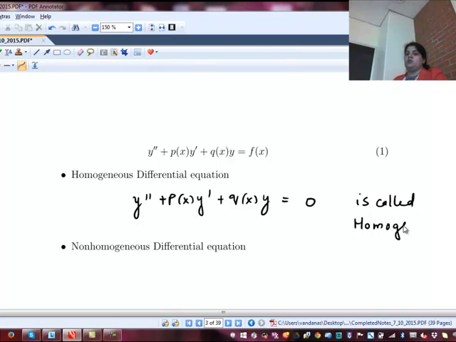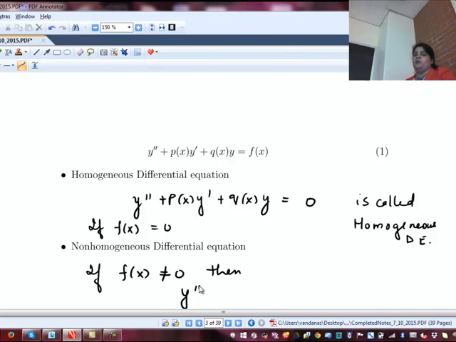Now, the notion of homogeneity in second order is very much different from the first order. In first order, what were we doing to check homogeneity? We were taking f of kx, ky, right? You remember? And then we were trying to simplify it. Here, if the right hand side, if the forcing term is 0, then we will call that differential equation homogeneous. If the forcing term is non-zero,